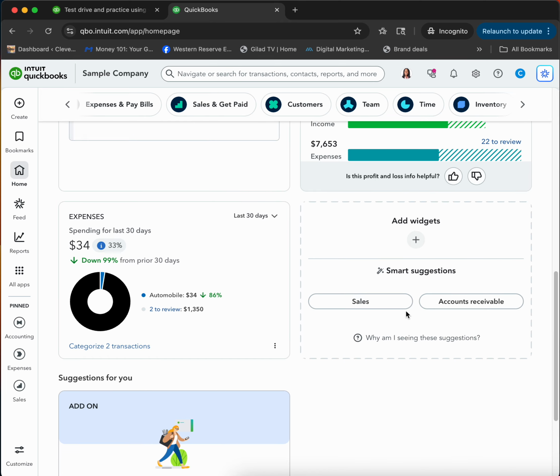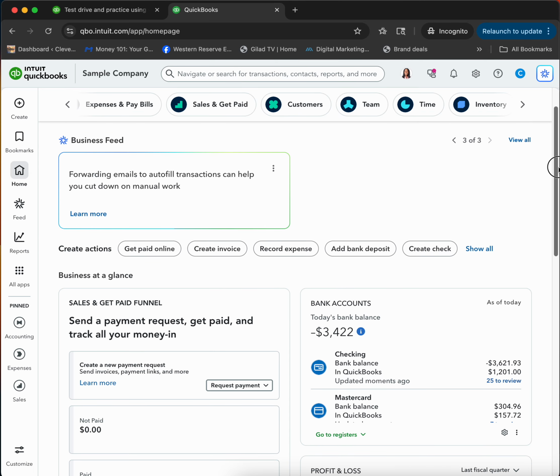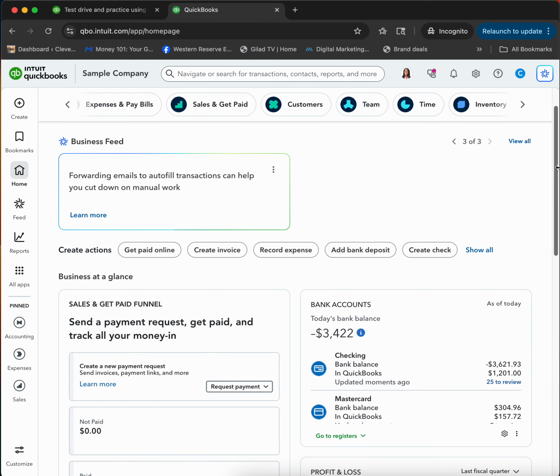It'll suggest you can have sales, accounts receivable. That's something that you can play around with. So this is a nice to know. It's good to just play around and get familiar and get comfortable. And then